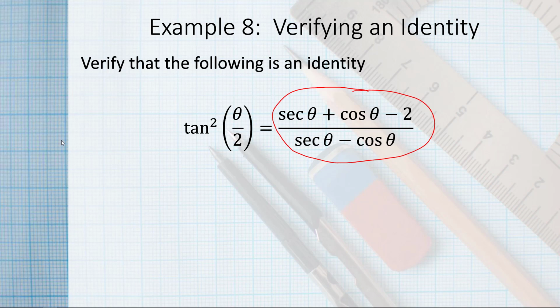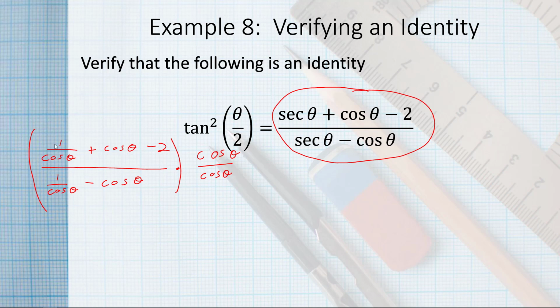So we can write this as 1 over cosine of theta plus cosine of theta, minus 2 over 1 over cosine of theta minus cosine of theta. You're asking, well, how the heck does that help? Not sure, but notice that we can actually get rid of this fraction here by multiplying this entire expression by cosine of theta divided by cosine of theta. And if I do,